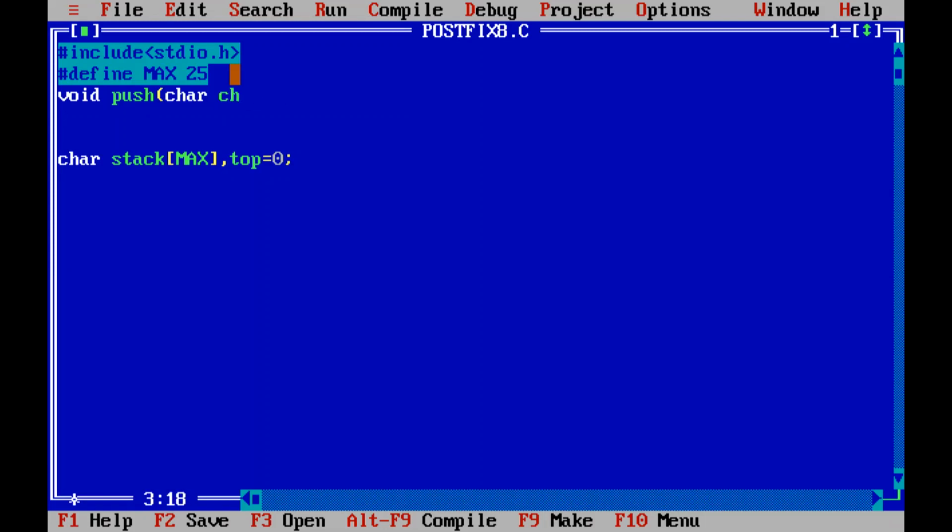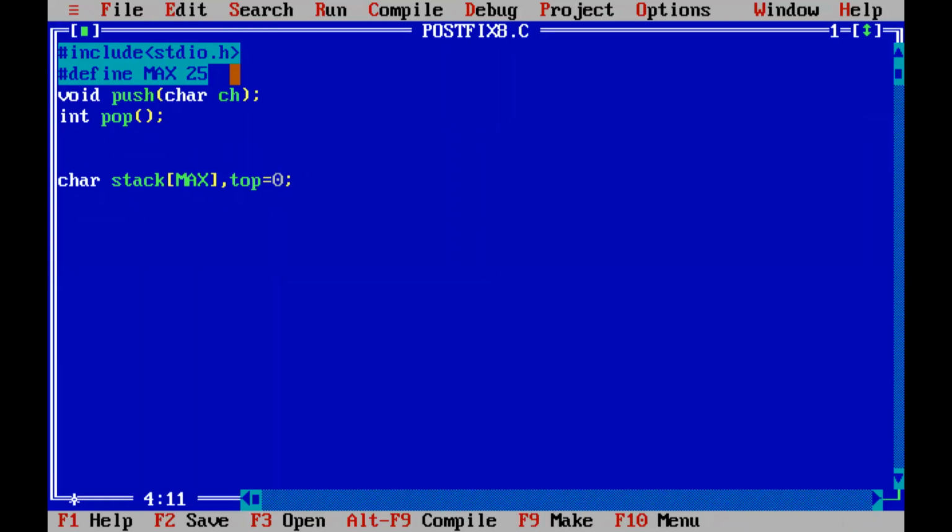For pop, we will be popping out a character, the operators present in the stack. So you will be using an integer as the output for the character value. That is, we will be returning an ASCII value of the operators.